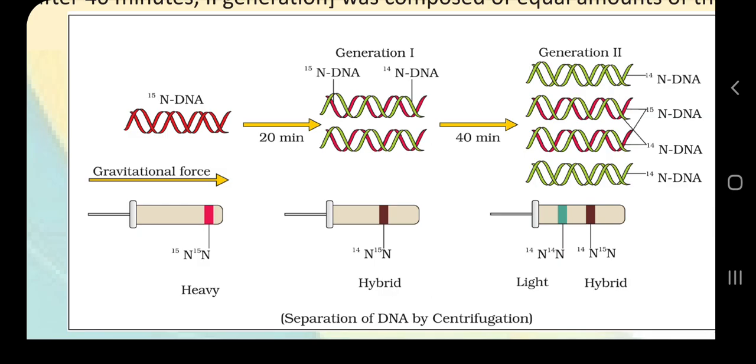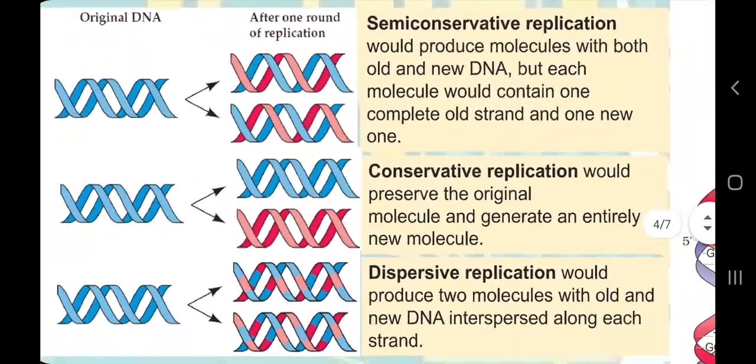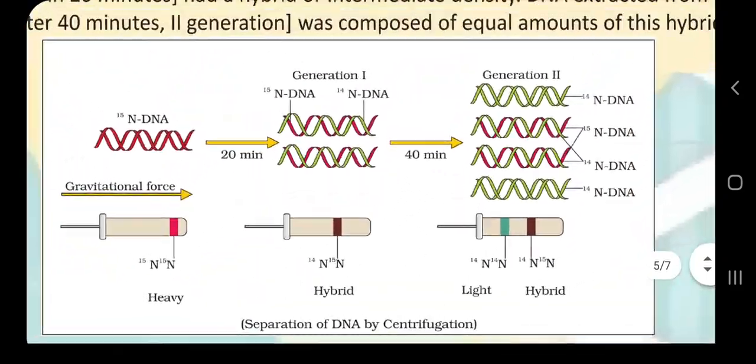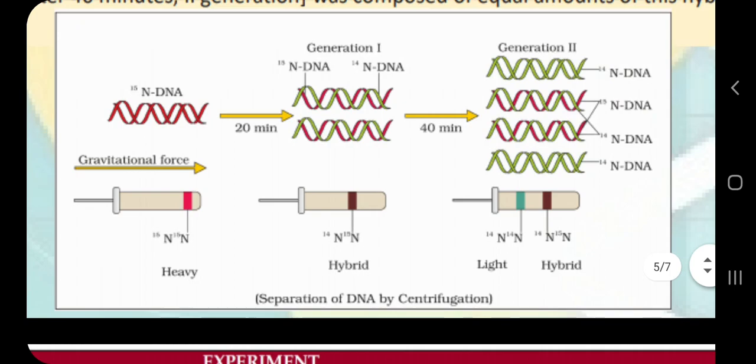So we want to differentiate two types of DNA, old and new. As you have an idea from these diagrams of conservative, semi-conservative and dispersive modes of DNA replication, the aim of the experiment was to prove that the semi-conservative mode of DNA replication happens. Actually it was not the aim; it was later proved that the semi-conservative mode is the actual mechanism by which DNA replication happens. So how did they prove it? They used isotopes of nitrogen.